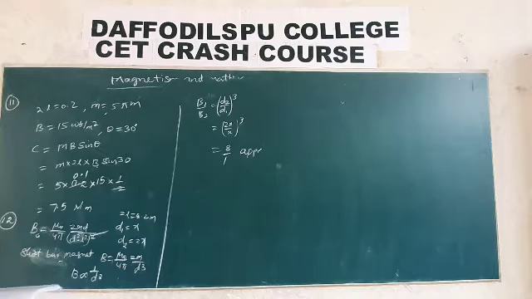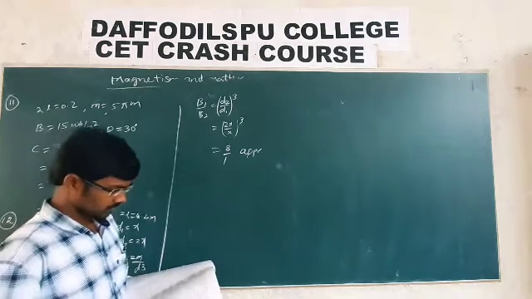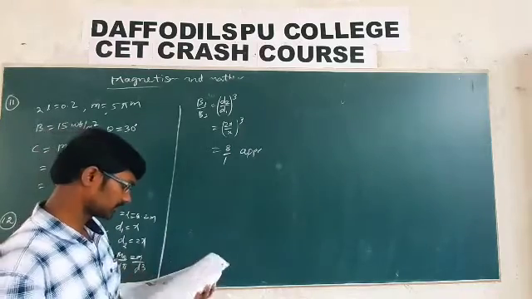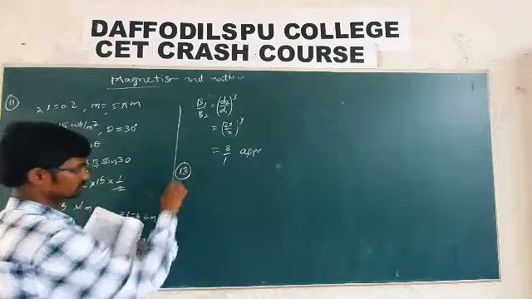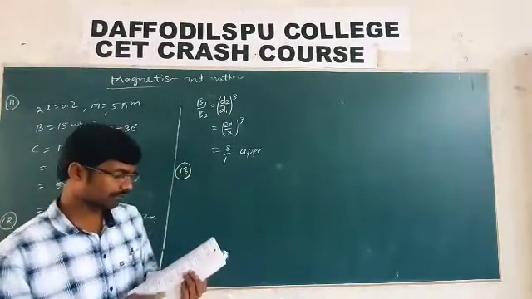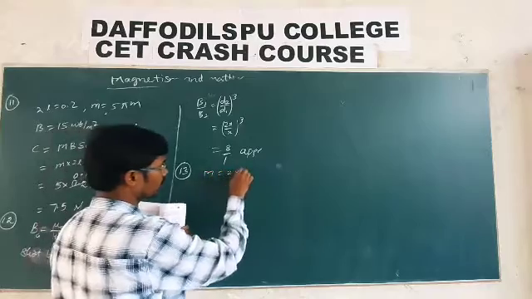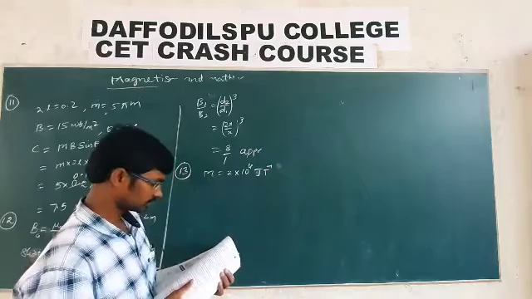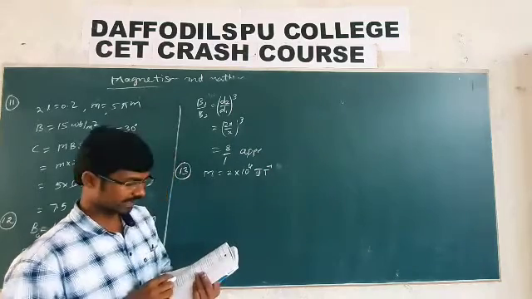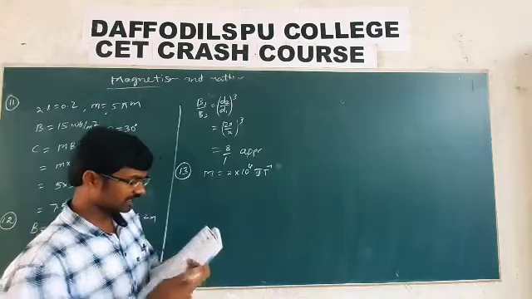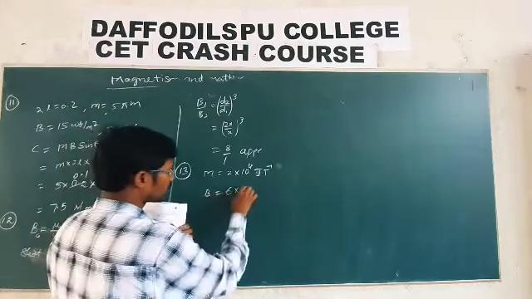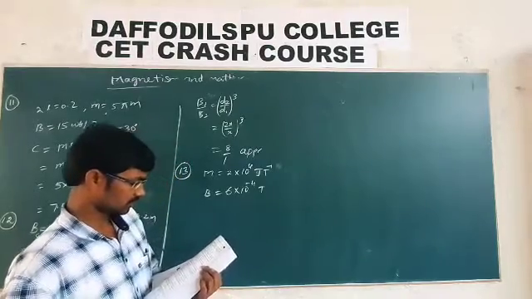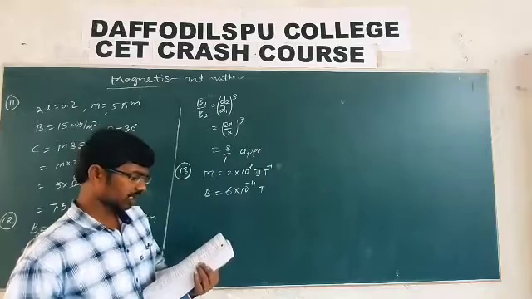Torques tau 1 and tau 2 are required for a magnetic needle to remain perpendicular to the magnetic field at a distance d from a short magnet at two different places. Then for perpendicular, tau 1 is equal to m into B1 sin 90, and tau 2 is equal to m into B2 sin 90. Sin 90 is 1. Then tau 1 by tau 2 is equal to B1 by B2, which is the first option. 16th one.